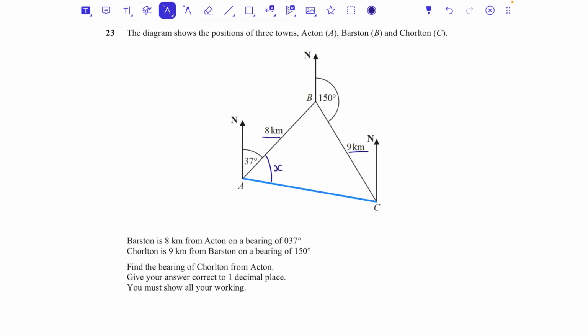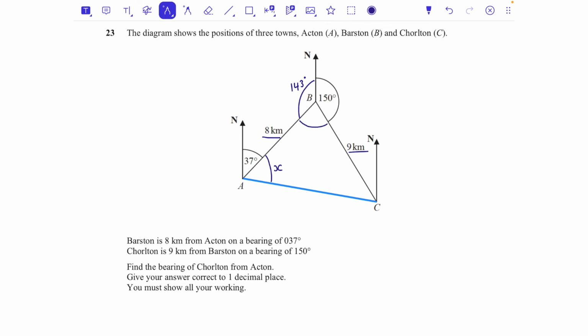Let's fill in what I know. I know this angle. Now, if I was to draw around here, along here and up here, we know that the 2 sides going north are parallel and therefore this is making co-interior angles. So if I know that one angle is 37, I know the other angle needs to add with it to make 180. So that's going to be 143 degrees for B,